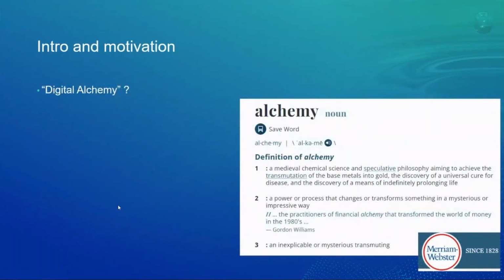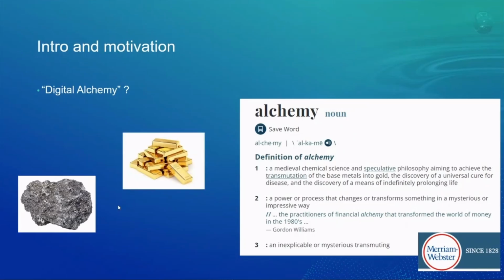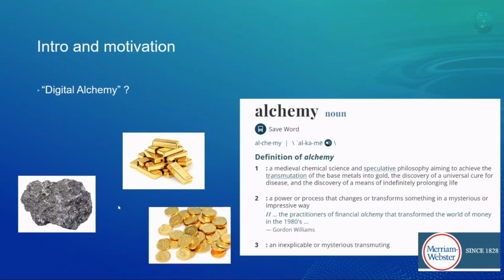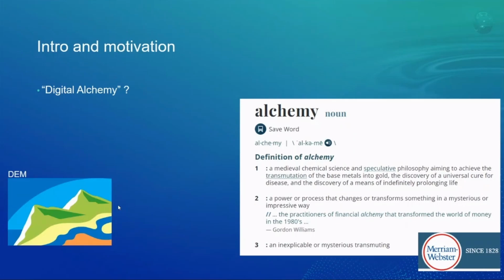Before we go into gory details, are we really talking about science or some magic? What we are really trying to do here is the term of alchemy, which was to start with lead and ore and try to derive some gold, and from that maybe even some cool gold products. So if we apply the same principle in the context of what we are trying to do with our elevation models, we are trying to come up with a surface which we know is not perfect,